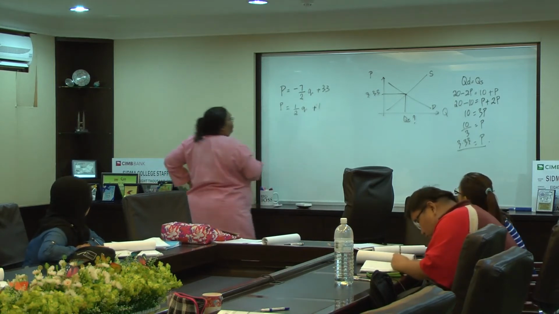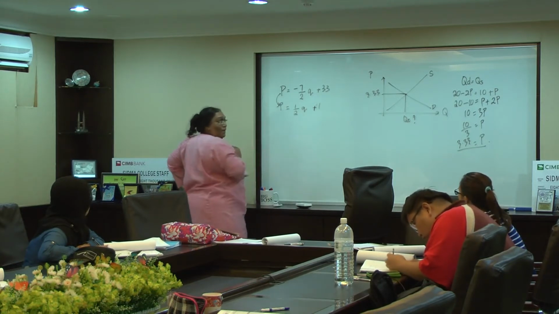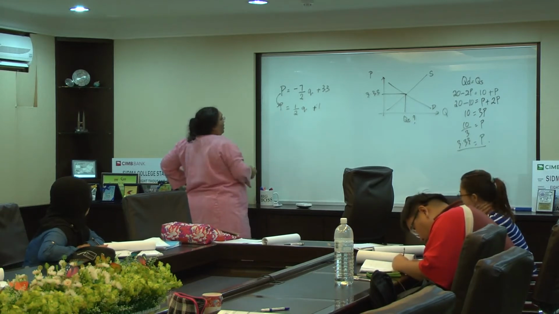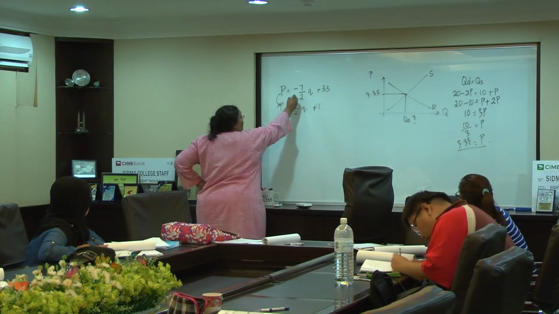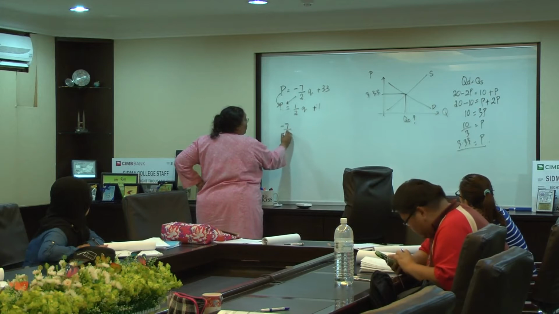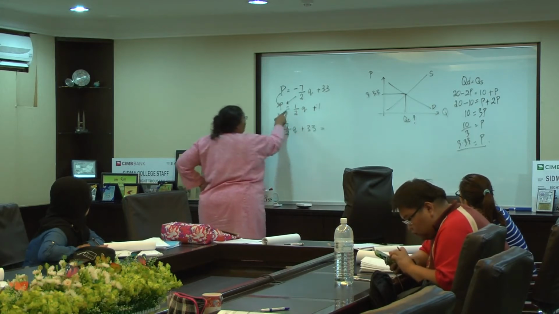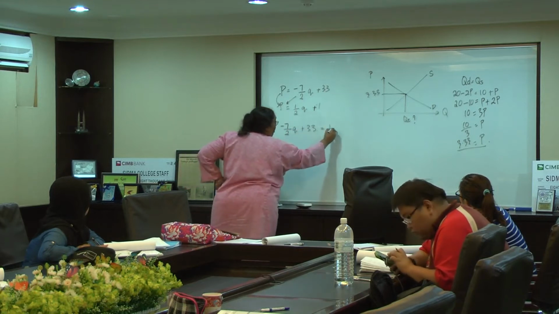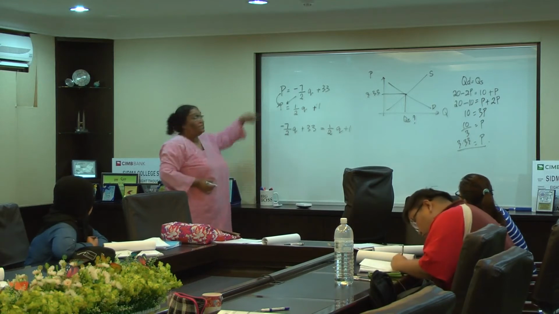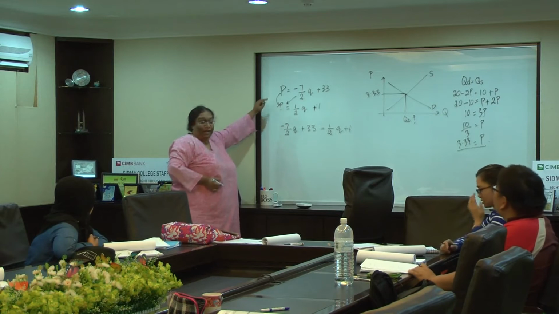So what do you do? Okay, so this is P, this is also P. So I can make it into one line. I just substitute. So what I do is I put this thing over here, correct? I get negative 7 over 2Q plus 33 equals, then I write this, 1 over 2Q plus 1. Correct? Because I just substitute it over here. Okay? Because P, P, right?